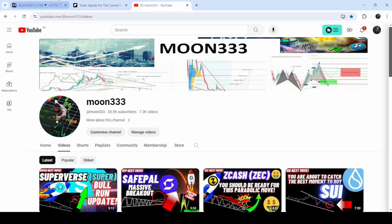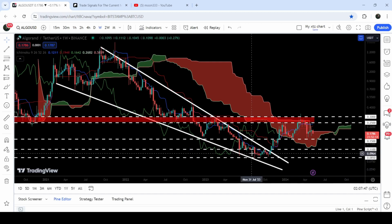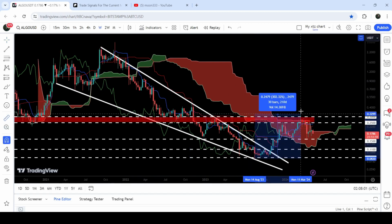On a 7 days time frame chart, Algorand has already broken out this very big falling wedge pattern, and in fact when it was moving inside this wedge and it was quite squeezed and dropped down at this long-term support of 8.5 cents, in those days I shared several videos with you that now there is a very high probability that soon we may break out the resistance of this wedge, and now you can see that we have broken out the resistance, and so far from this low to here, you can see that Algorand has rallied more than